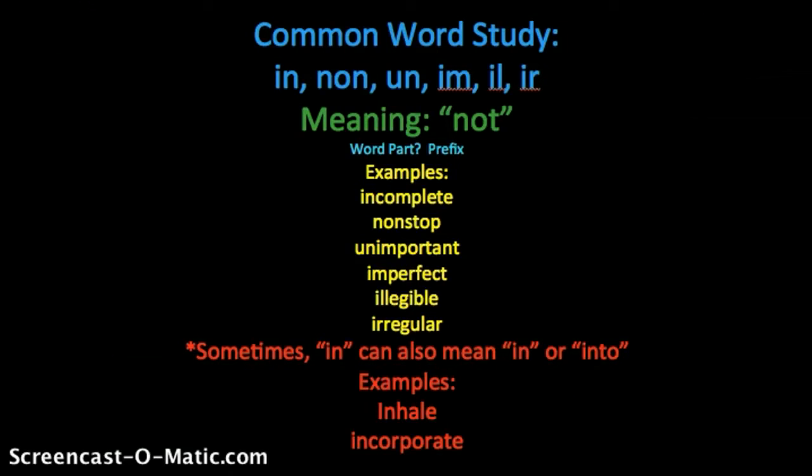And the last example is irregular. Irregular. If something is irregular, it means it's not regular. For example, I know you might see that word in math when you're talking about shapes. If it's an irregular shape, it usually means it's not a regular polygon, meaning the angles might be different, the line lengths may vary. The shape itself is kind of an irregular shape. It's not something you regularly see. Okay? I do want